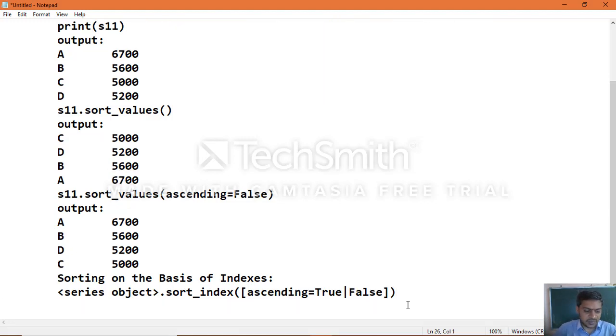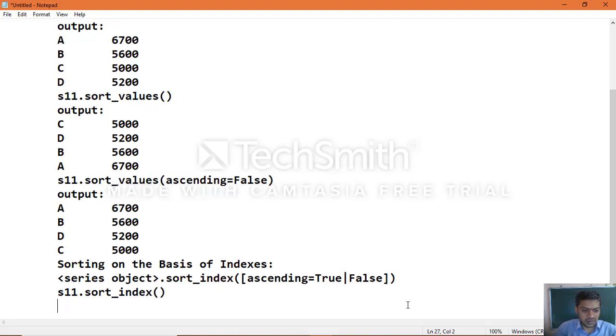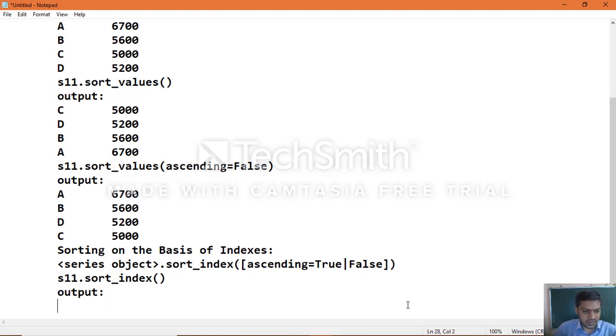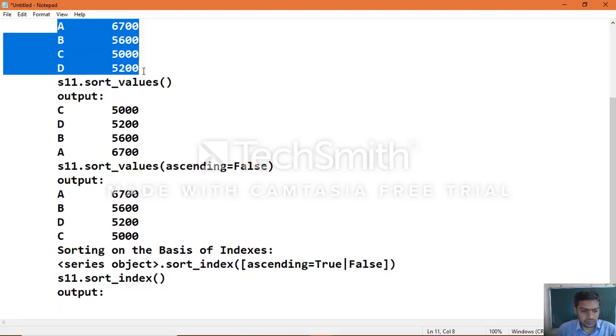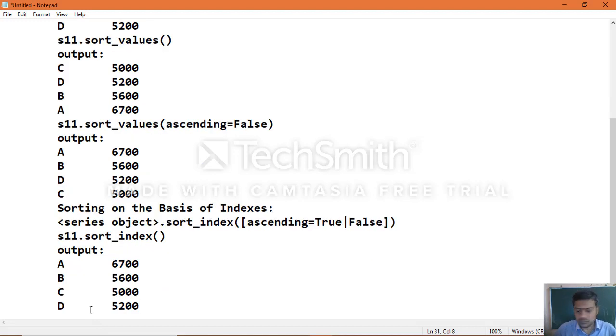Now we'll take the same example we worked with earlier. So s11 dot sort_index. When you run it, you will see the output on the basis of index sorting: a, b, c, d.